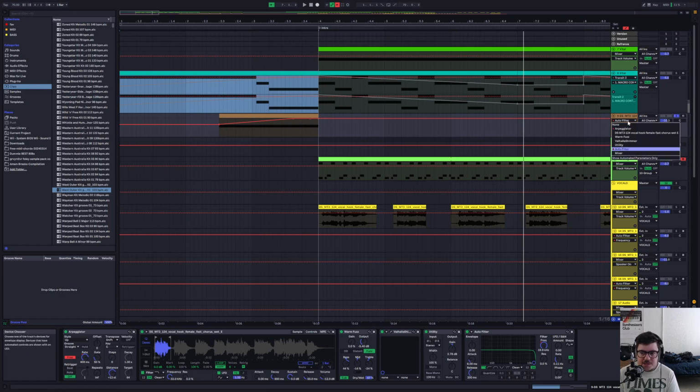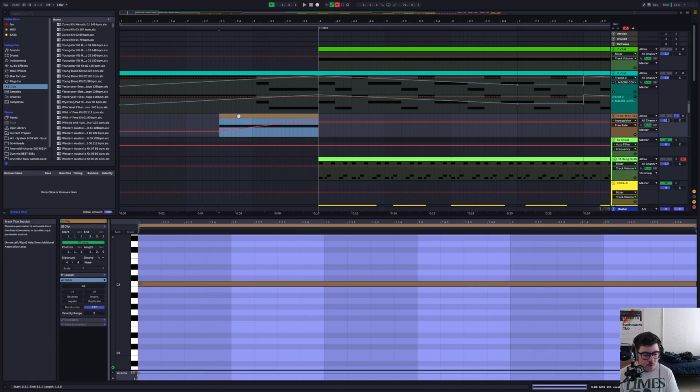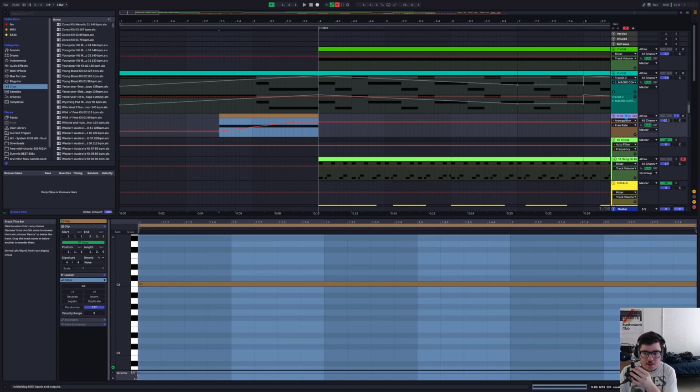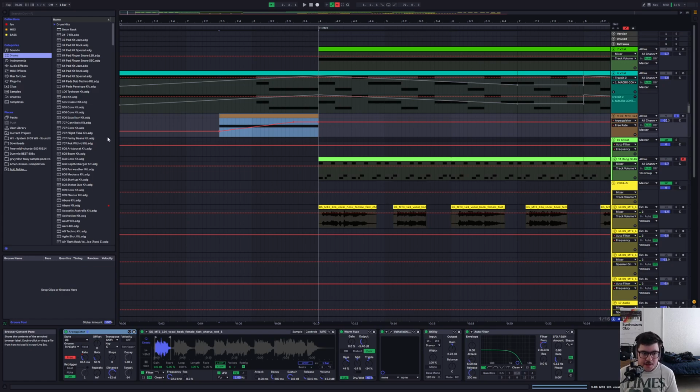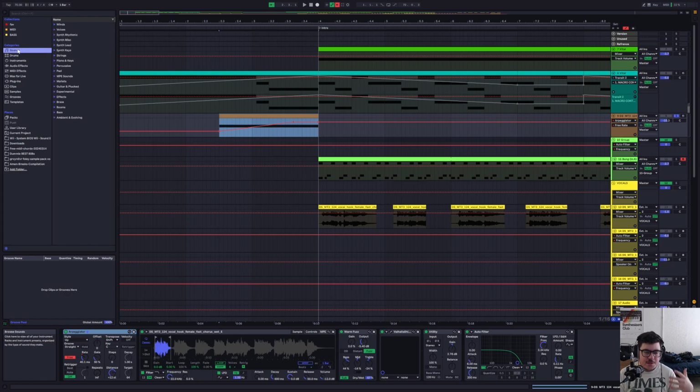So what we're basically doing is taking the arpeggiator, and by the way, this is a vocal thing. It's not a drum rack, but it's a vocal sample or something within Ableton. It's technically an instrument, I guess, if you're thinking about it. It's under Sounds. But if I press play